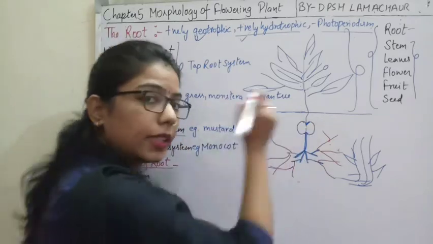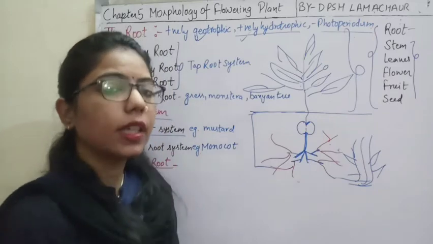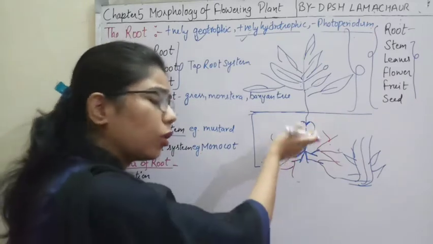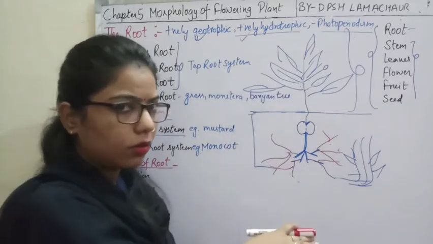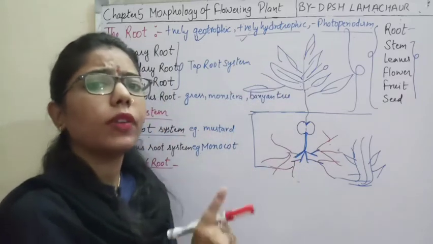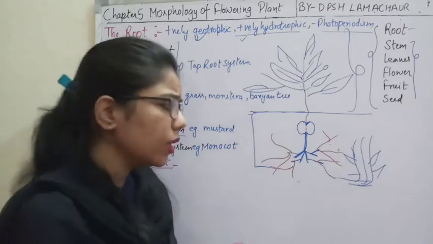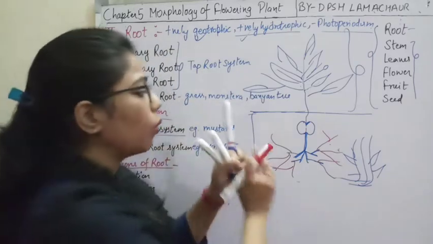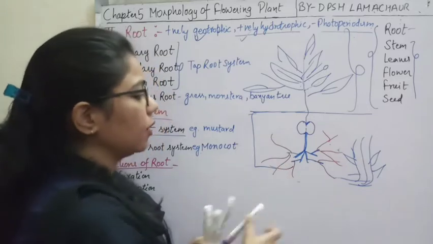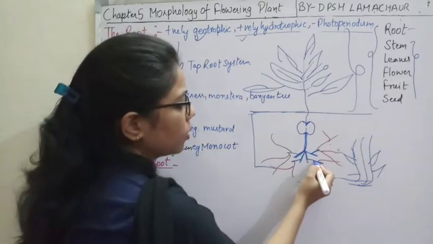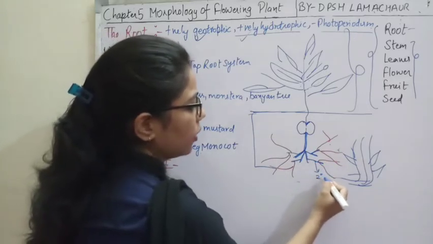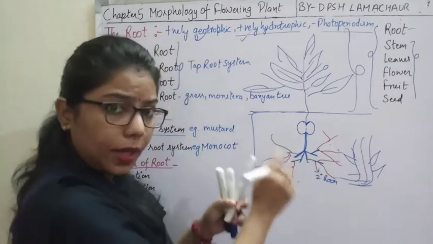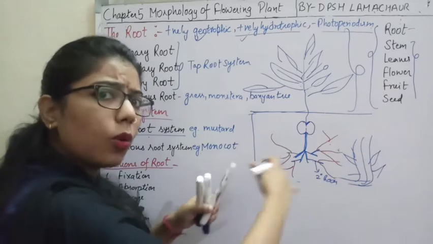Now one by one we will understand what we have said. The primary root arises directly from the radicle, the first thing, and always grows vertically downwards. If you talk about the secondary roots, they grow obliquely. You can see here all these secondary roots which I have drawn. All these roots develop from the primary roots, so they will show the oblique form.